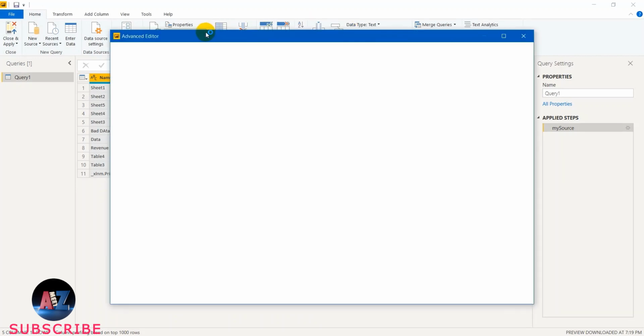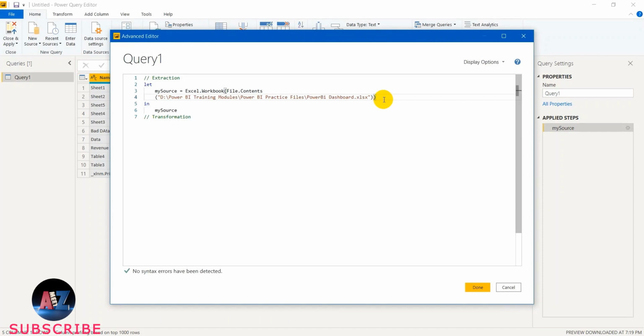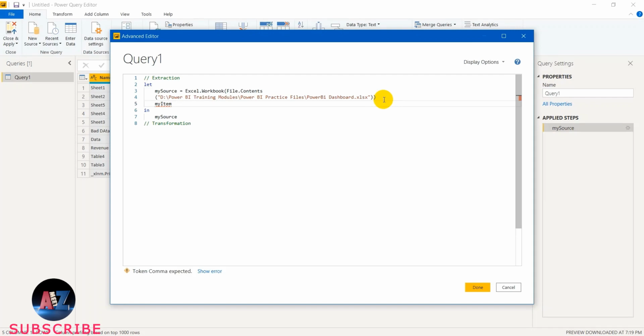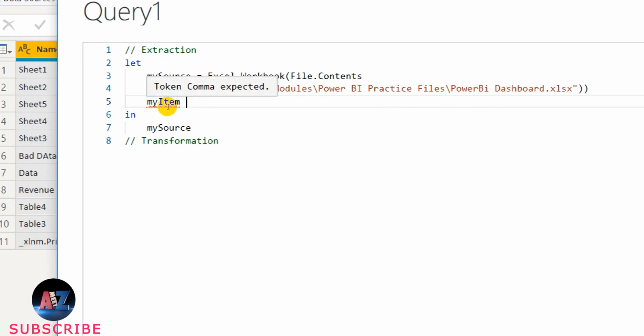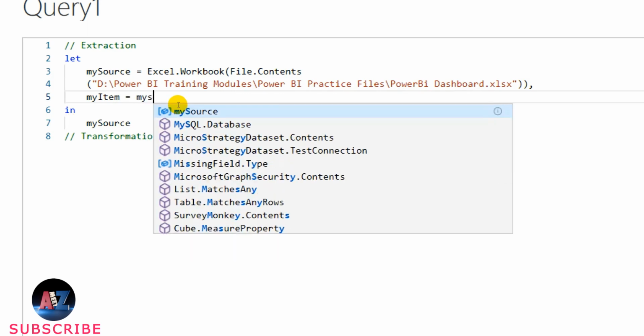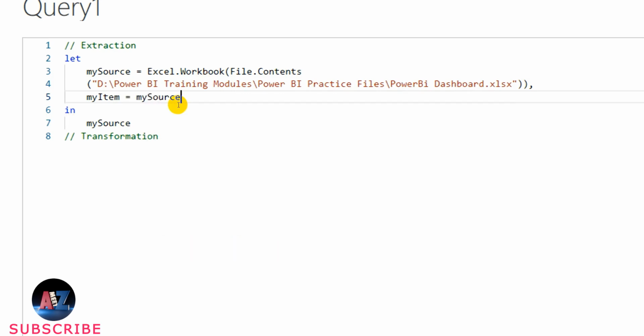So let me jump into the advanced editor again, and then let me start the second step. So the table is the child of my source. So let me give the table name. You can give any name. Again, it is user defined. So I'm just keeping the same thing in a proper manner. My source and then my item. When I'm typing this, my item, you can see this is giving a kind of error. The reason is, I need to now say, let us continue. So I need to give a comma so that my text will continue.